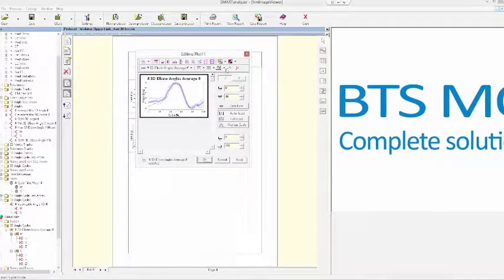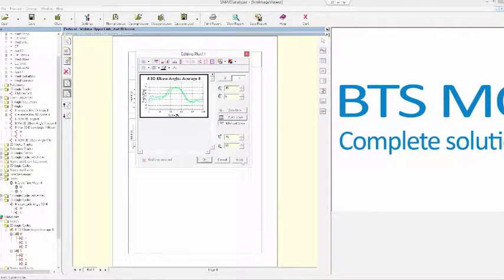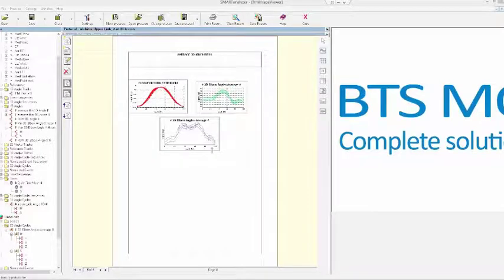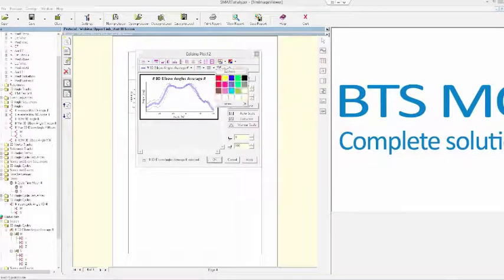Okay, so again, I can change the color. I can change the scaling, and so on, and I can also add, in this case, a grid. Under that editing window, you have the possibility to change the layout of your graph. So now I can also modify this. I can choose this color. Again, I can adjust